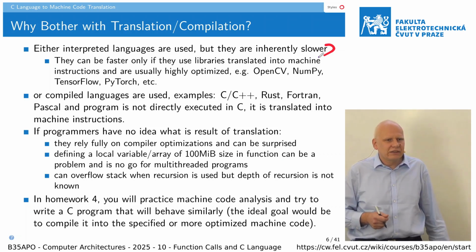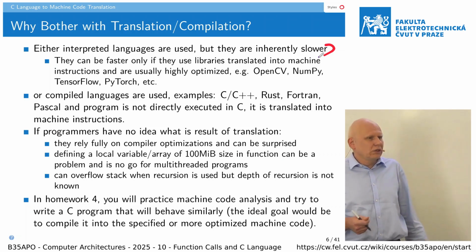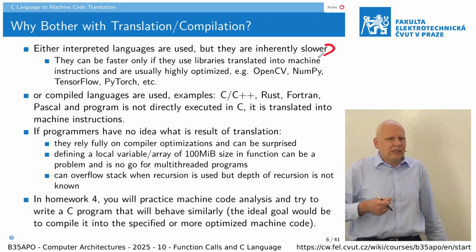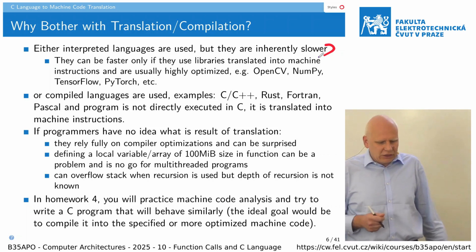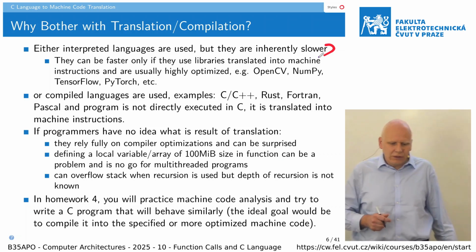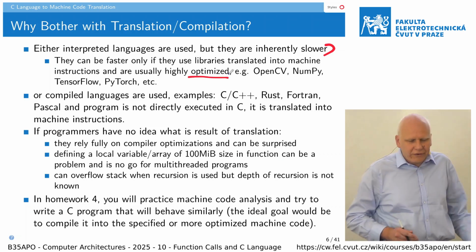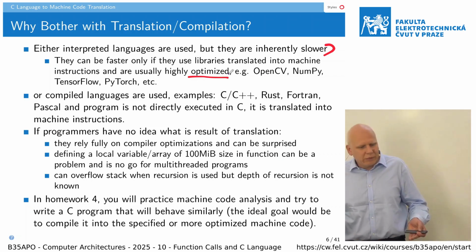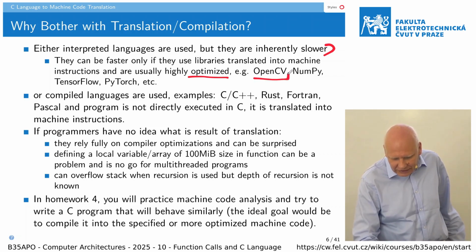It is first converted to some bytecode, which is then interpreted, but even that interpretation is relatively slow. On the other hand, if you look at the Python code, and if you work with some huge matrices or artificial intelligence code and so on, or for example in this case some